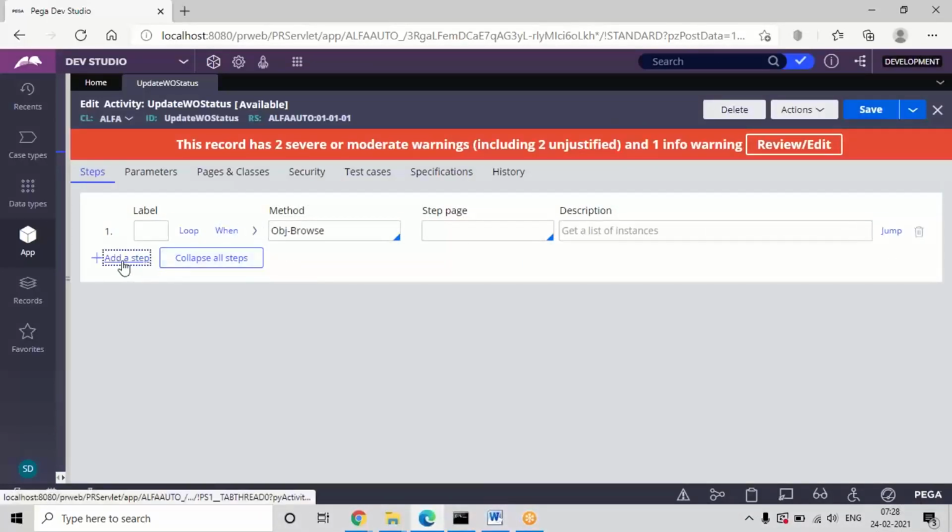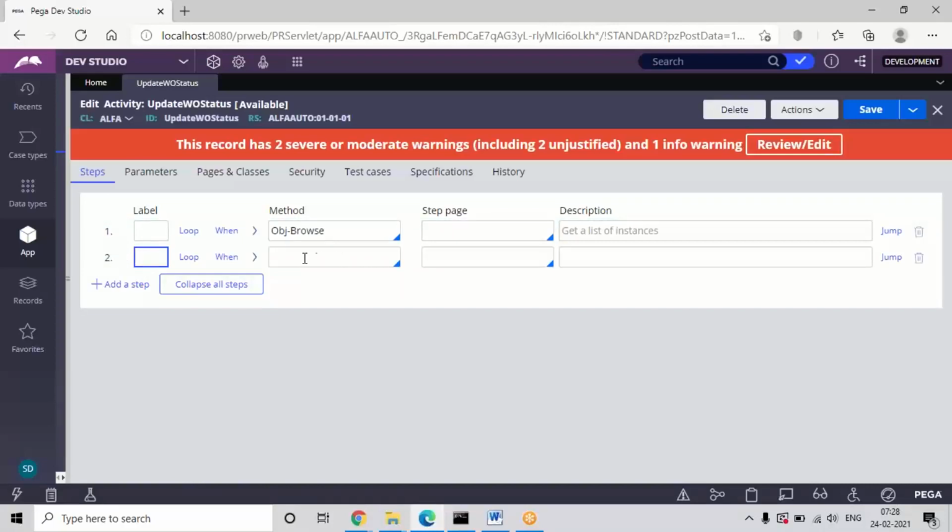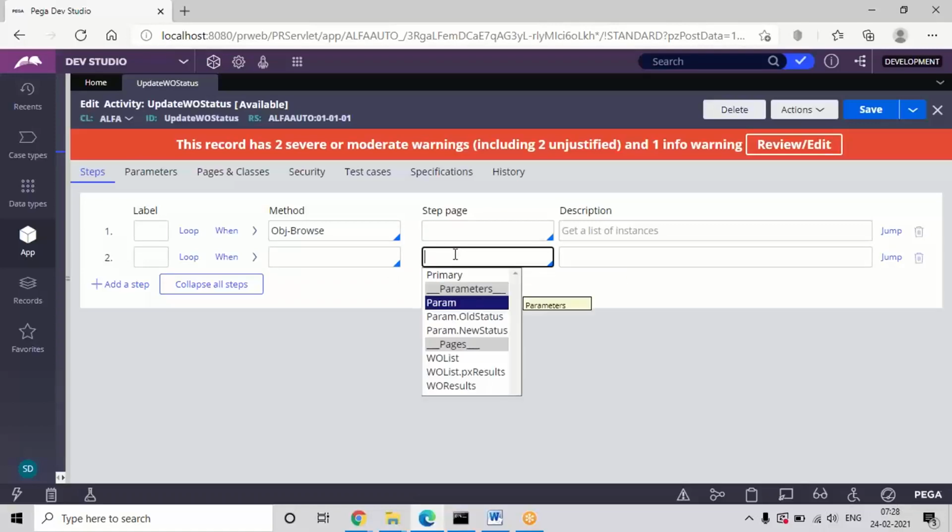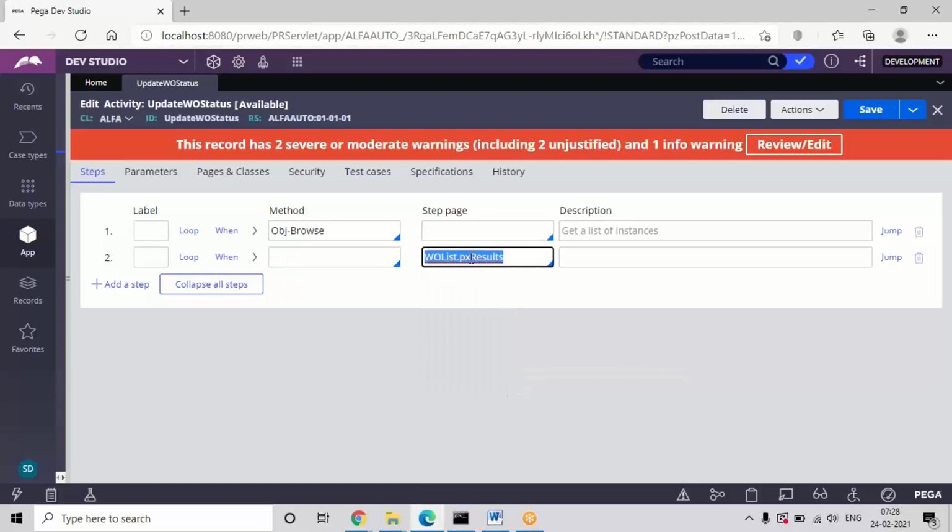Now we are going to add step number 2. See, this time we are going to use a loop condition. Till now we didn't use a loop, but in this scenario, see how many statuses there are now. All the statuses it is going to fetch and display under the page called this one. Under this page all the results will be held, inside the clipboard. So use that page, and whenever we are going to fetch and update the data, we will define the loop condition. The best way to update each record is a loop condition.